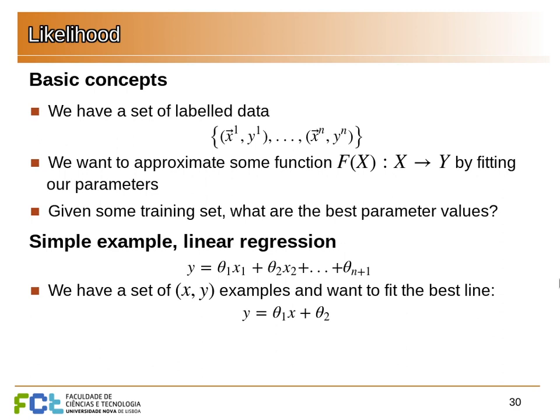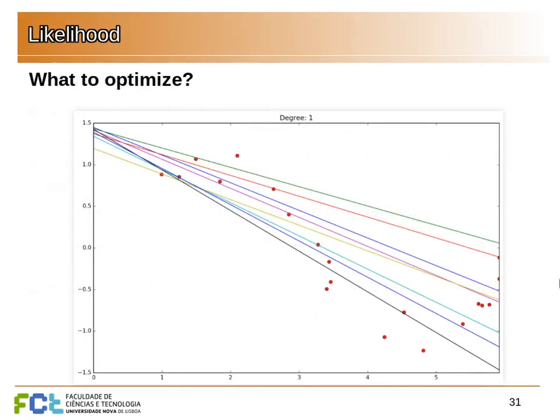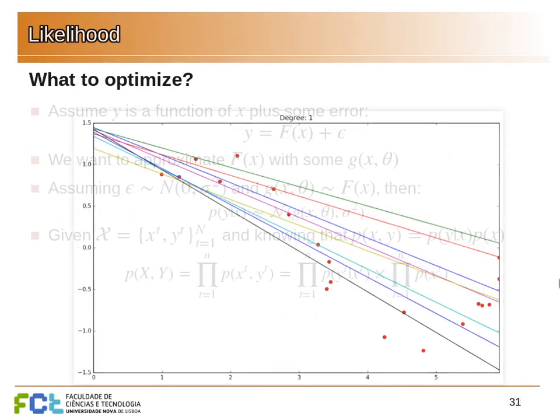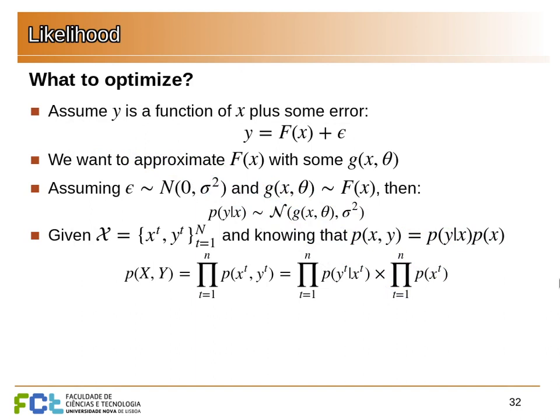Given some training set, data, we want to find the best parameters that approximate this hypothetical function. For example, we saw that with linear regression. We need to choose what is the best line. And in the example of linear regression, we assumed this probability model, which basically tells us that the value we're trying to predict is some function of the input plus a normally distributed error. We have a model that approximates this f,